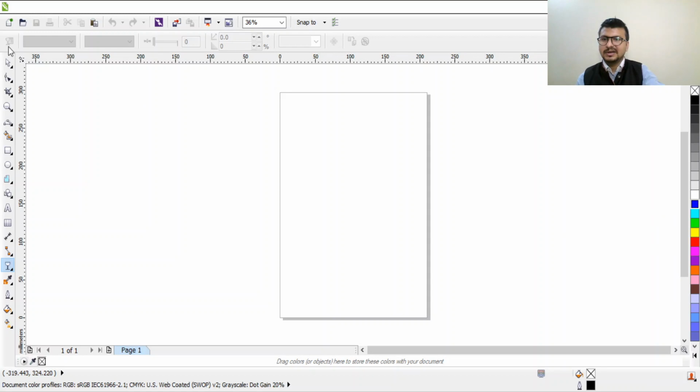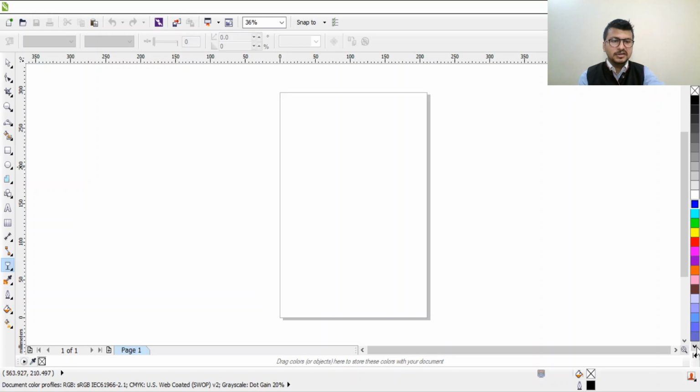So on the left side you can see these are the tools that I have discussed. Coming to the extreme right side of the screen, you can see a few colors. It is the color palette, basically we call it color palette. Color palette has each and every color that you are using in your design. By default, there are a few limited colors, which we generally use in our design. But if there is a particular color that you want to create or add, you can create those colors by making a combination of new color over here.